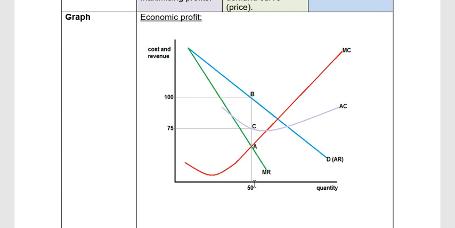My total cost is going to be my average cost times the quantity. So at my profit maximization, I go up, up, up. Here on point C, this is what's indicating the average cost. My average cost is 75 Rand. And then 75 times the quantity of 50 will give me my total cost. And then I just take total revenue minus total cost, and that gives me the value for total